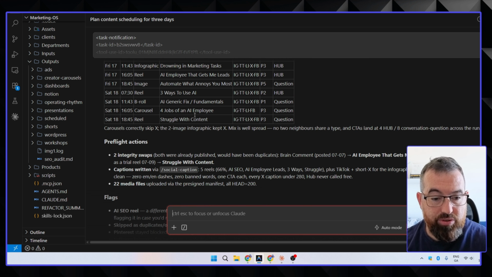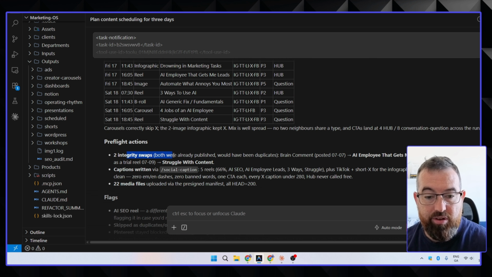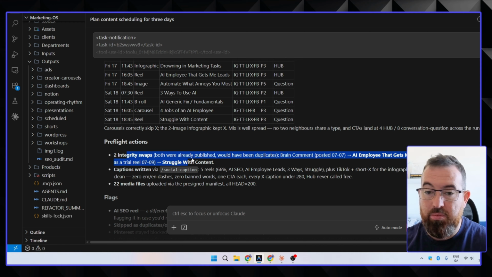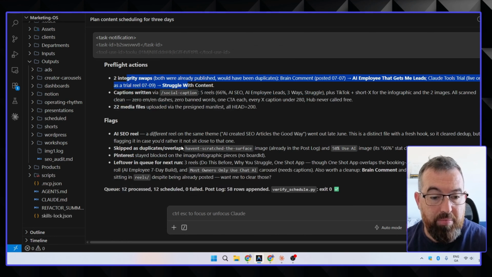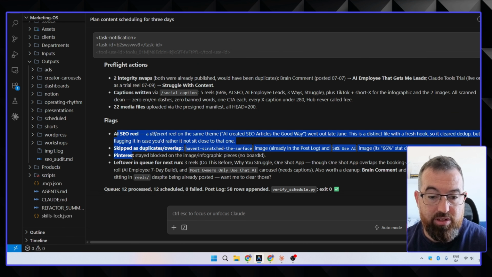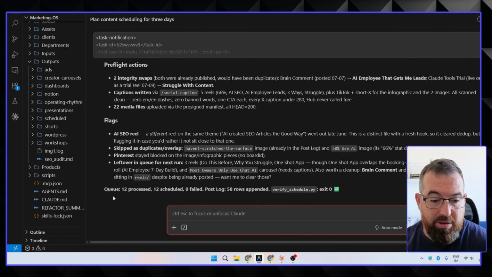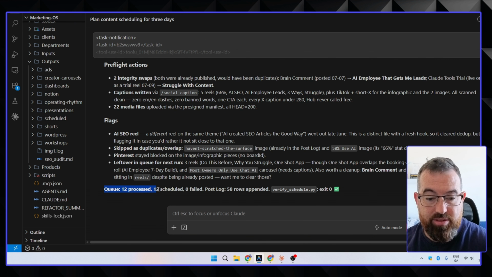So if we go through this, you can see it's done. I took out some of it because obviously some of it has already been posted. This is the benefit of having it linked up to Google Sheets, because it puts everything into it. I come back and use that as a way to analyze what's working. It flags the content that was duplicated, left over in the queue from the previous run. So you can see here we have 12 processed, 12 scheduled, no failed, and this was 58 pieces of